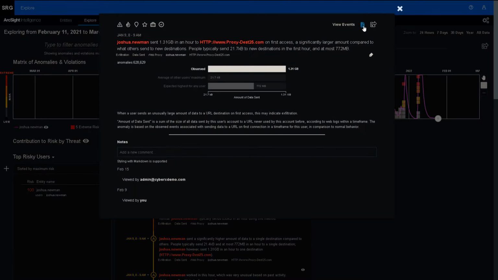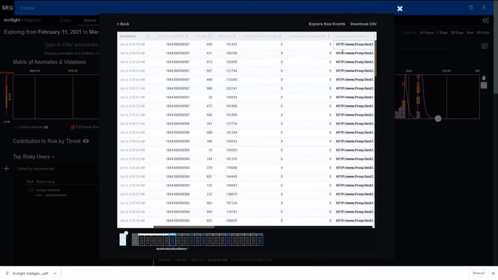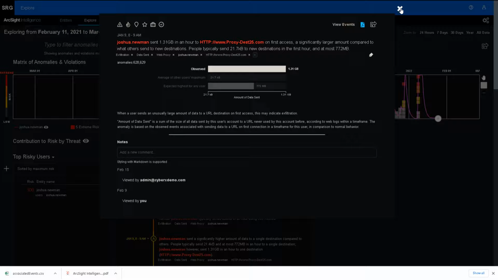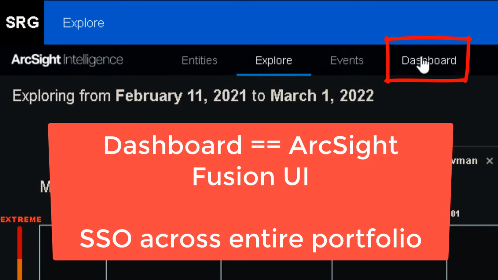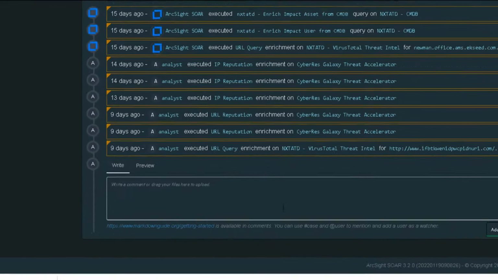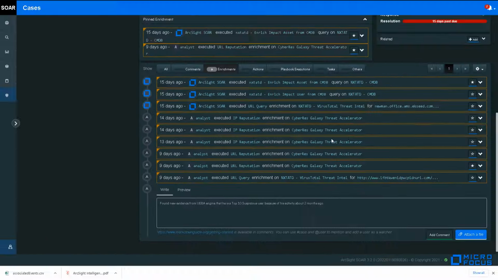From the same top-level menu, the analyst can sweep between the different analytic layers of the solution. Here, reviewing the top riskiest entities within our UEBA solution and drilling into the activity timeline for a suspicious user to swiftly visualize or export the evidence that has triggered the machine learning assessment. The Dashboard tab, available across the full range of components, takes us back to the main dashboard, and now we